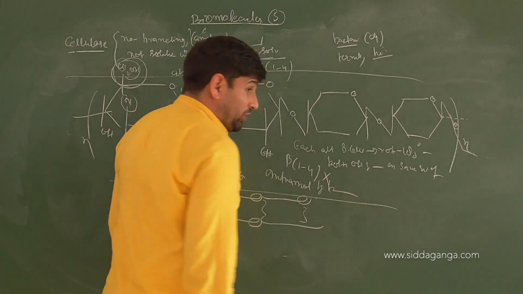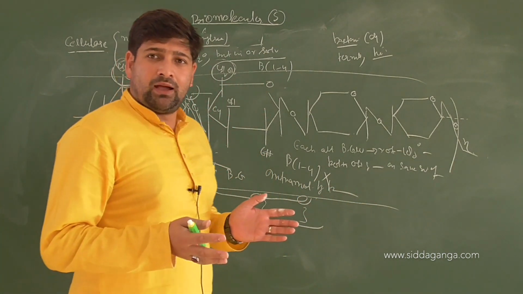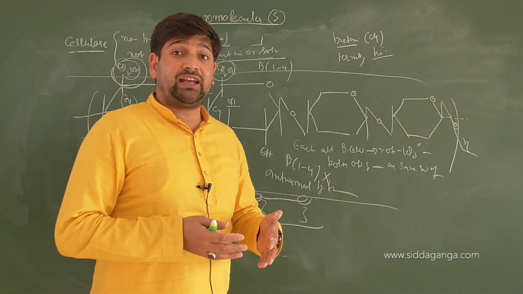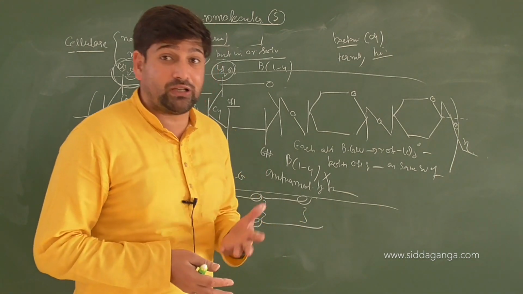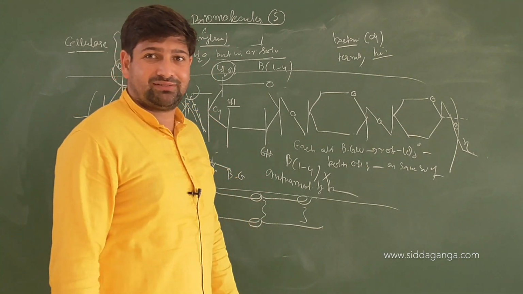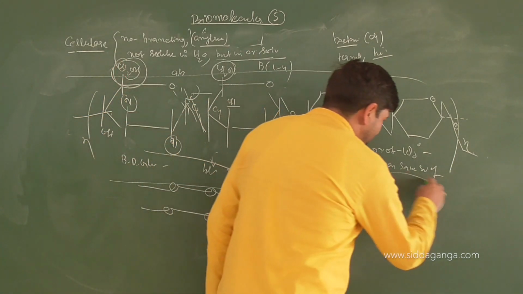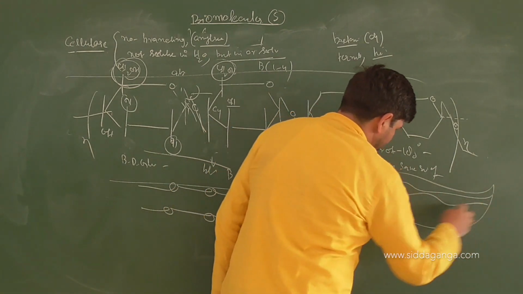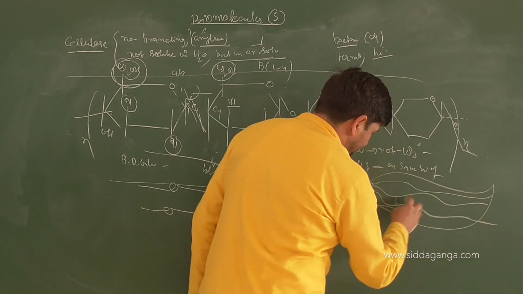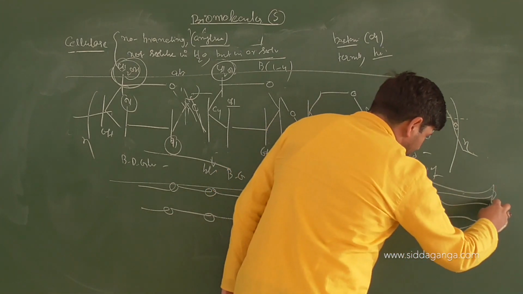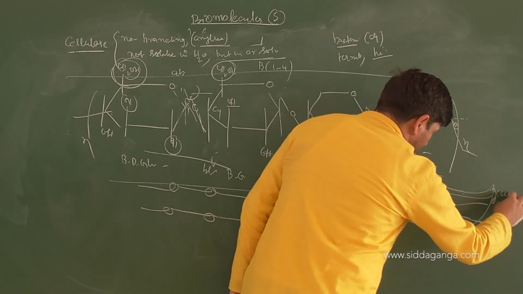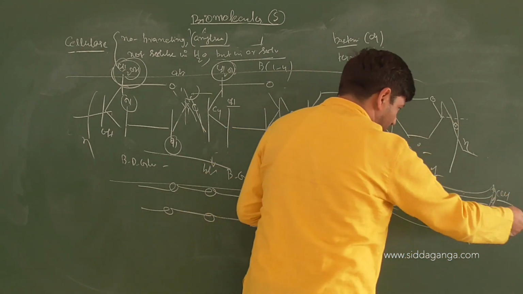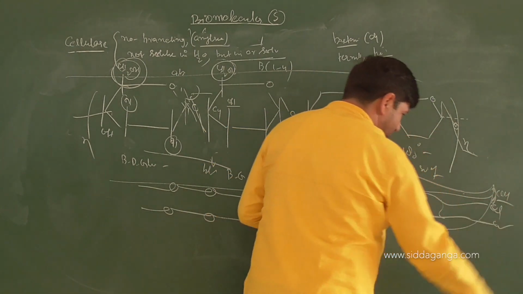Intramolecular hydrogen bonds between different cellulose linear chains will occur, resulting in the formation of fibers of cellulose, which are extremely hard. So what will a fiber of cellulose be like? We can consider this a fiber of cellulose, and what is this particular region? This is one molecule of cellulose, I mean to say one linear chain of cellulose, right? This is also cellulose, this is also cellulose.